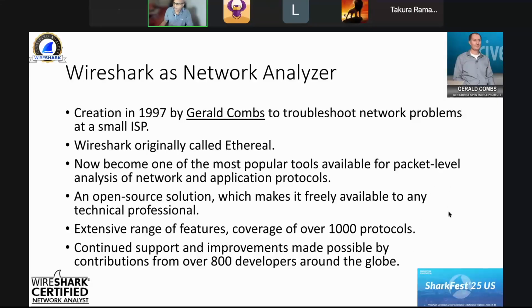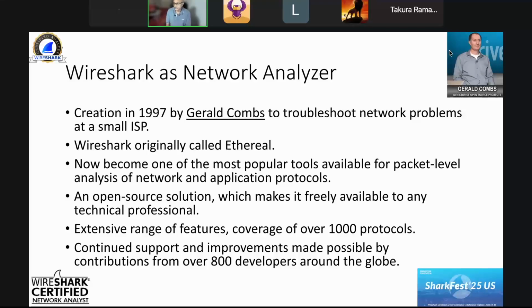There were no tools for network analysis, so he decided to write one. He did the first one in 1997, and Wireshark was originally named Ethereal. Now it has become one of the most popular tools available for packet level analysis of network and